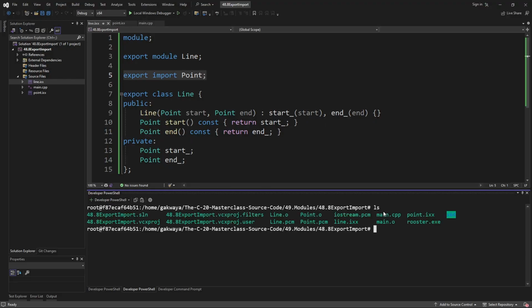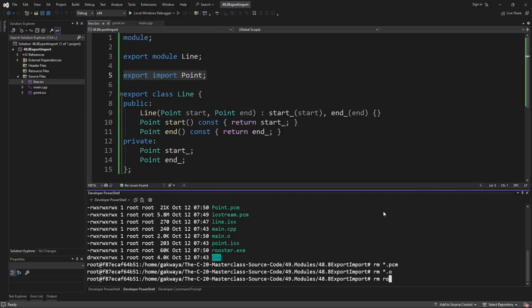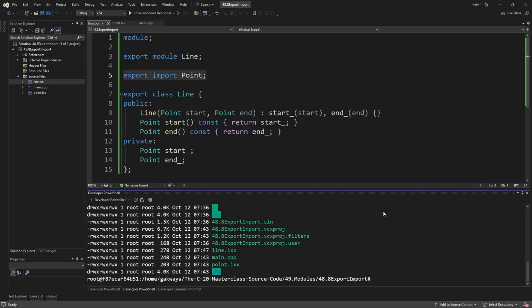Let's do ls to see the files. You can list this in a nice way using the ALH option. And let's clean up, remove any PCM file that we don't want. Remove any object files and remove rooster. And if we list again, we should have a nice list of things that make up our project. Again, the meat of this project is made up of this set of files, main.line.ixx, main.cpp, and